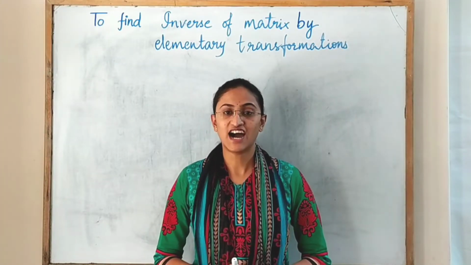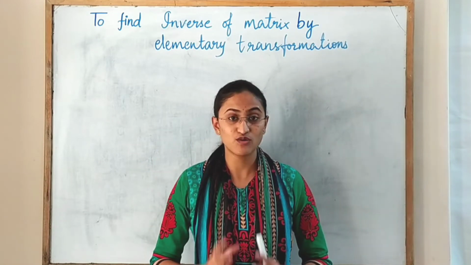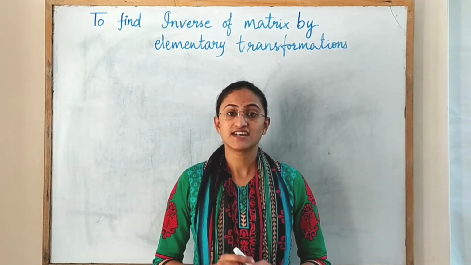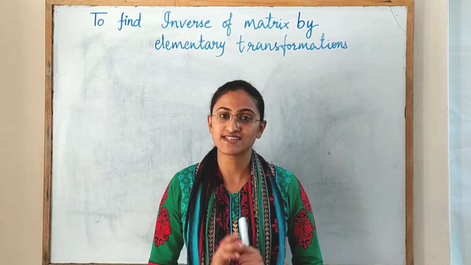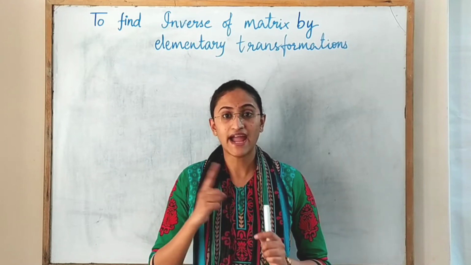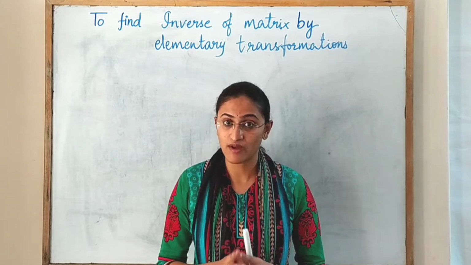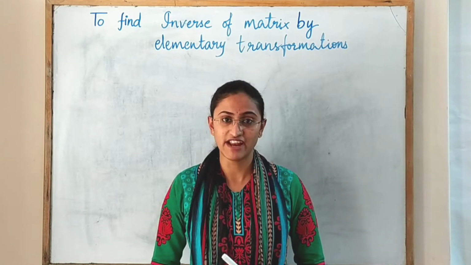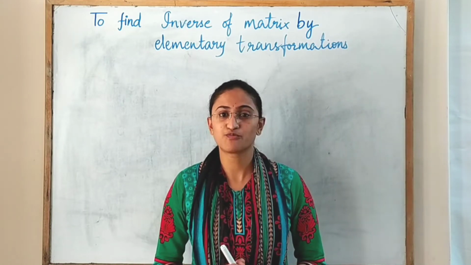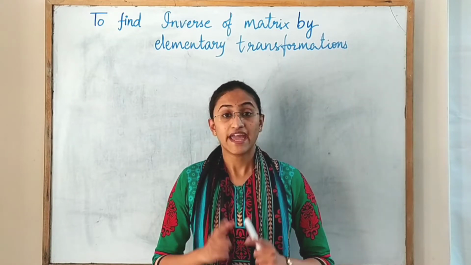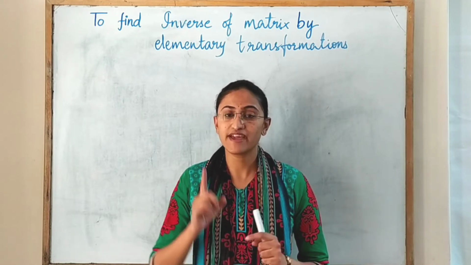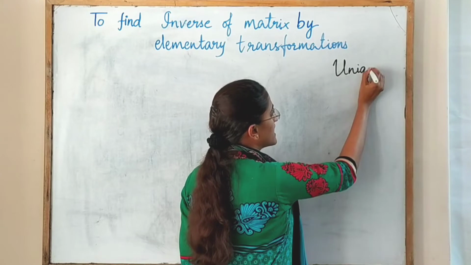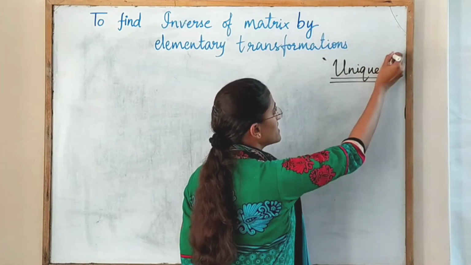Now we shall learn how to find the inverse of a given matrix using the elementary transformations. Before entering into that, please remember that rectangular matrices will never possess an inverse, because AB and BA should be defined and have to be equal to each other. Also remember that not all square matrices have inverses. Only a few square matrices possess the inverse. And if the inverse exists, it will always be unique.